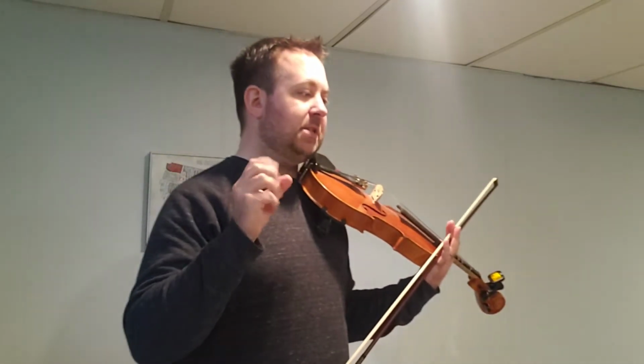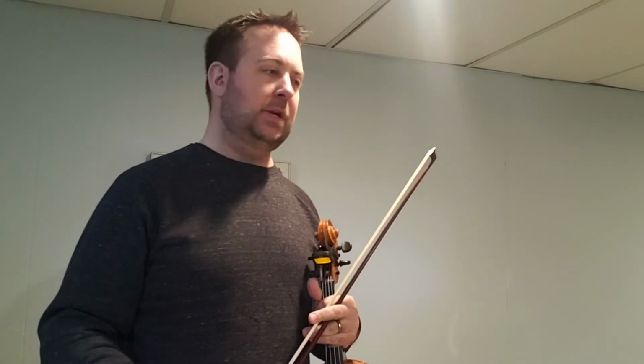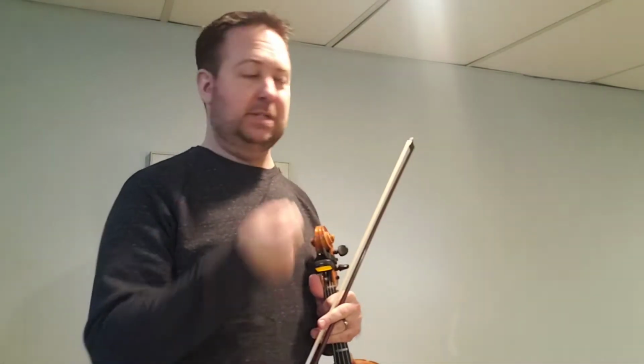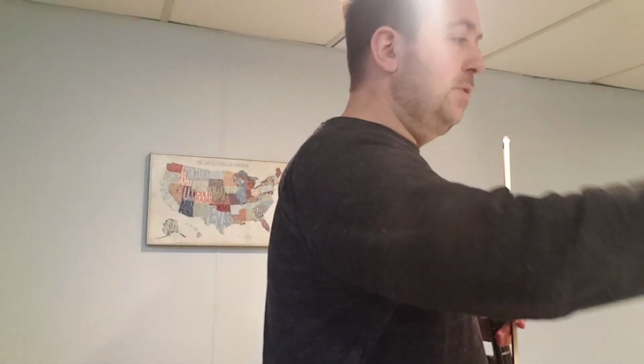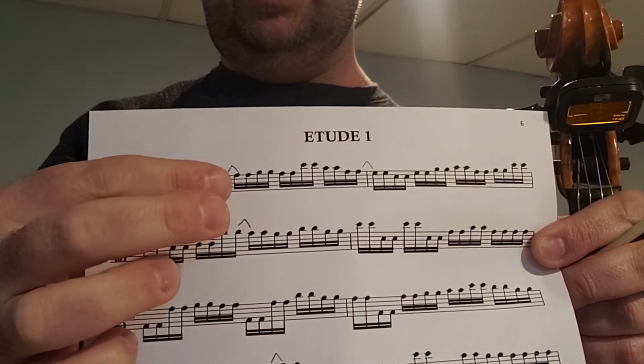Okay. Step number 3: mark all half steps and practice each measure with half steps, listening carefully to playing in tune. Half steps again is where there's no possible note between those two notes. So in this song, because we're in G major, we're talking from F sharp to G, nothing in between those possible, and from B to C natural. The way that most people mark those, let me see if I can just show you. I've marked them already in my music, is just simply with kind of a little mark like that from one